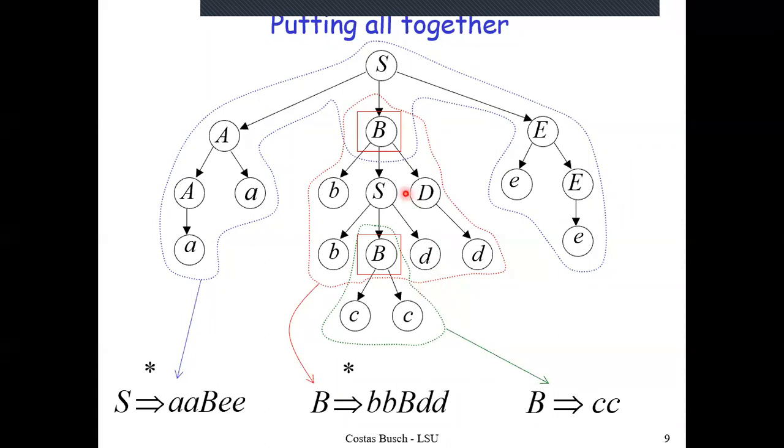The criterion for the removal of the middle tree is that B appears as a leaf of the outer tree, and this needs the replacement, because we must know that the derivation tree of any string must have terminals at the leaves. If there is a variable at the leaf, it means that derivation tree is not a legitimate derivation tree. As a matter of fact, we should not call it a derivation tree, because derivation tree means parsing tree, and we do parsing for the strings. We do not do parsing for the sentential forms.